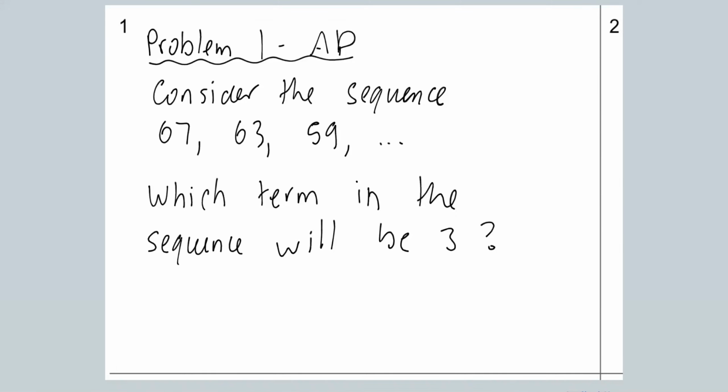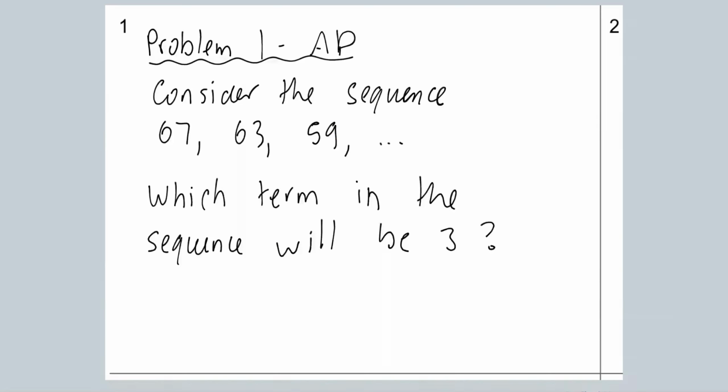Hello, in this video we're going to have a look at working out what term number a particular value would be in a sequence. And in this video we're going to look at arithmetic progressions. I'm going to start off with a fairly straightforward question, and then I'm going to do a slightly harder one, so you can just stop the video after the more straightforward one if that's what you'd like to do. So we have a sequence here that is 67, 63, 59, and we're asked what term in the sequence